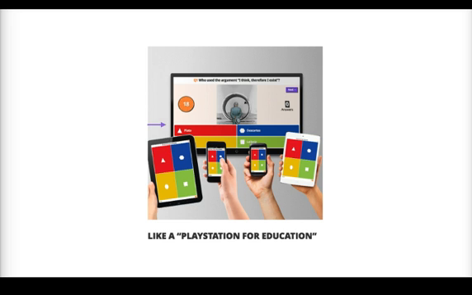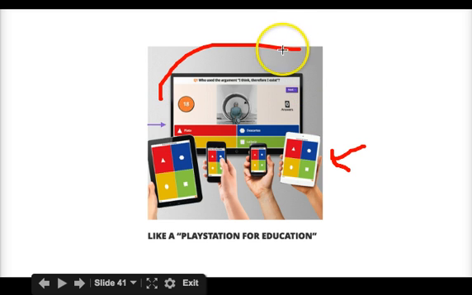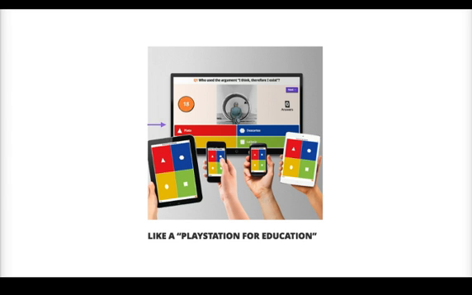So this is a nice visual that shows you that students can respond on a variety of different devices. So computers, tablets, phones. The teacher would display up here their main question, and as you can see, you can add images and multimedia, and then the students, kind of like a game console, they choose the color or the shape that fits the answer. And what it does is it pops up and kind of shows it as a contest.